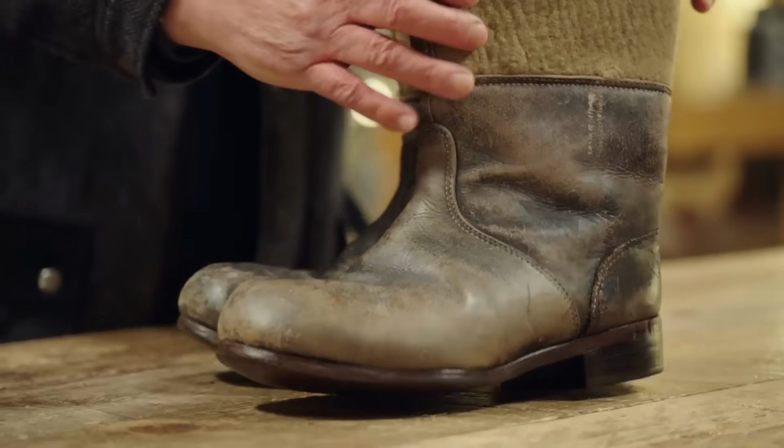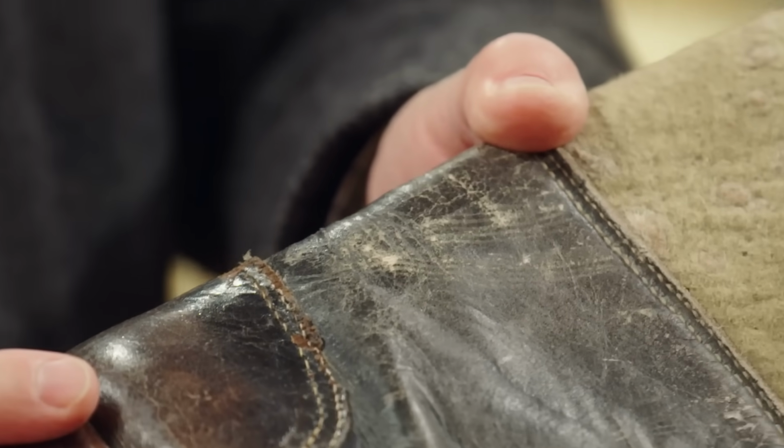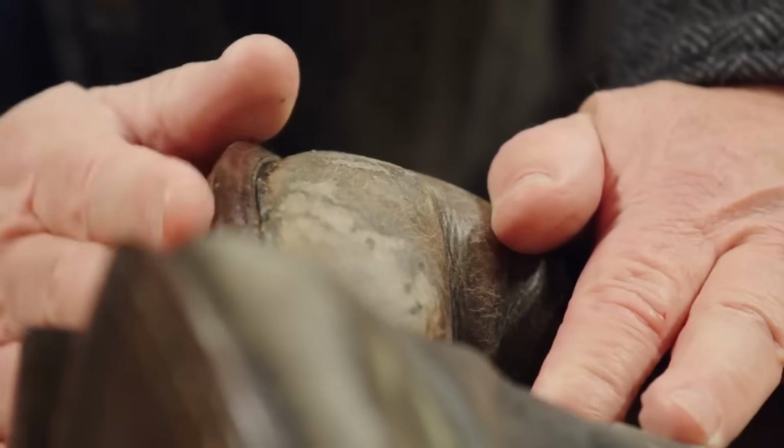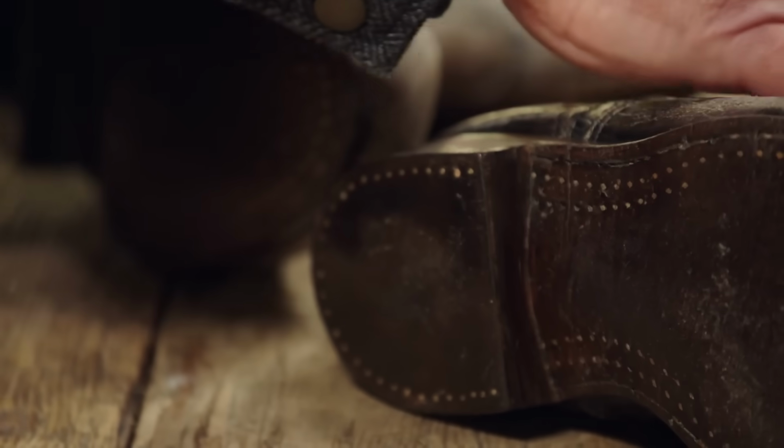Oh, my word. Absolutely perfect. Yeah, I never imagined they would get back like this again. Oh, that's brilliant, that is. Oh, my word. Let's have a look at...